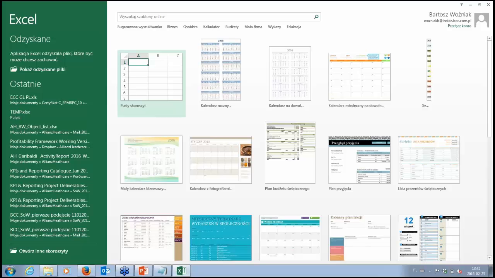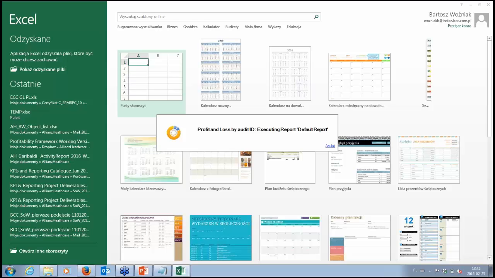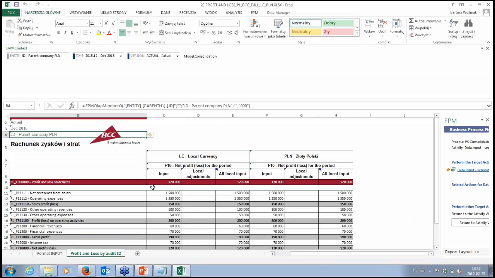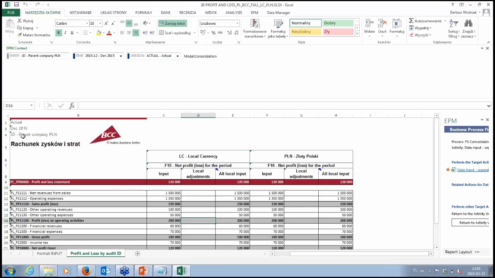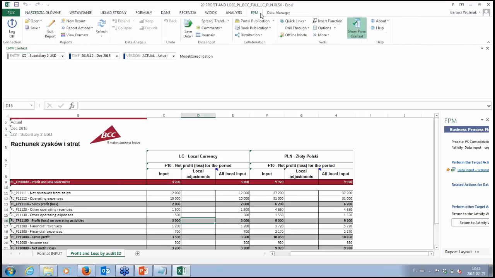For example, when you have one responsible person for data input for all subsidiaries, this might be helpful, because as you can see, currently I'm providing data for the parent company, but it is as easy as you can see to change this. And now I can provide data for my subsidiary, and then after changes save it. So I do not need more than one file to manage this.